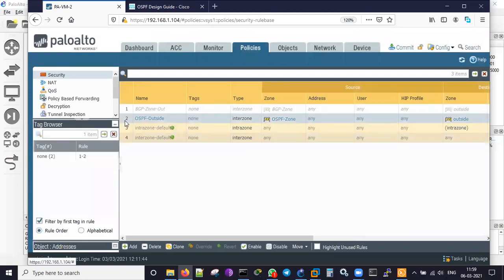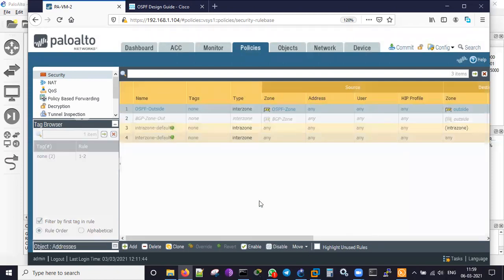So as usual, I will pull this and move it to the top, so it will be taken as the first priority. Even if it is in the third or fourth rule, no problem, it will work out.